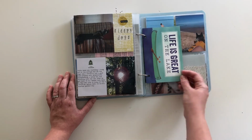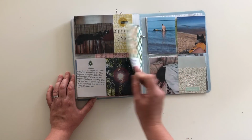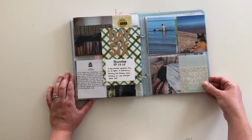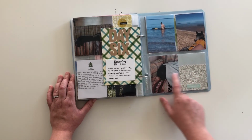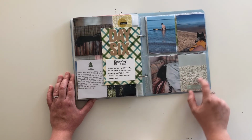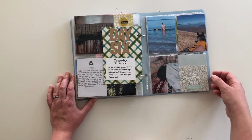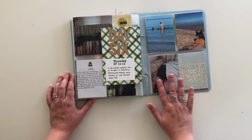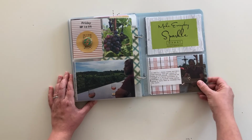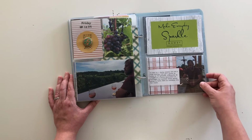And then this is a 4x6 journal card from that Pebbles collection, the same Pebbles collection. And on the back, I just did a little journaling about this day. And this little card that says "too much fun," which is kind of hard to read. You know, I'm not sure if you can see that on screen, but it's white letters that say "too much fun" because he was out. He just wanted darkness, so we put a sheet over him so the light wasn't shining in his face, and he slept. We also went to a winery, the El Mobby Winery, while we were there, and had to document